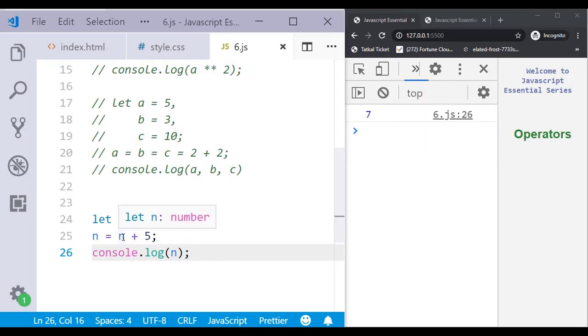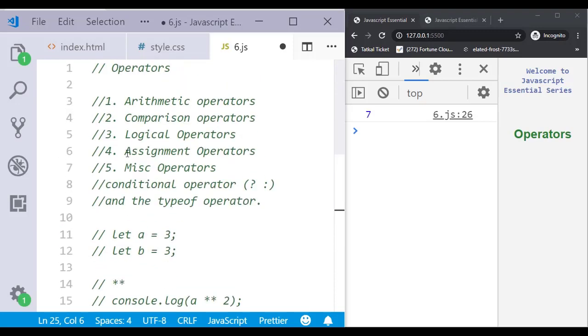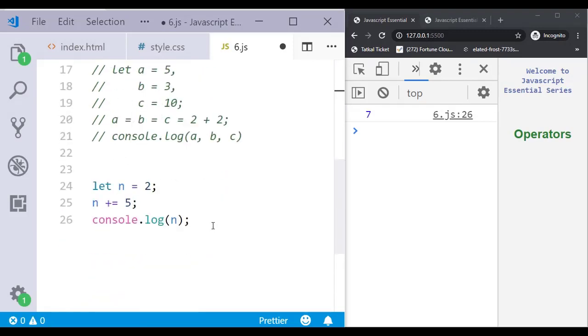But there is one shortcut also we can do rather than writing this, that we call plus equal to 5. This actually comes under the assignment operator. If you write plus or minus with equal to, it is the same as n equal to n plus 5.